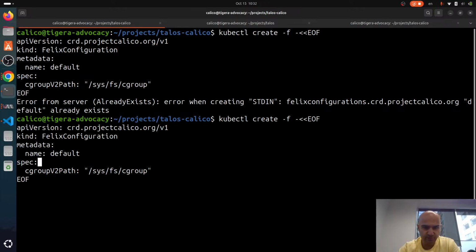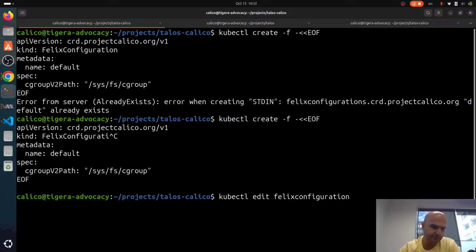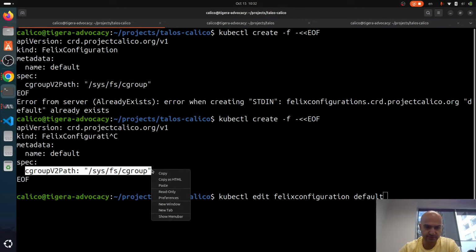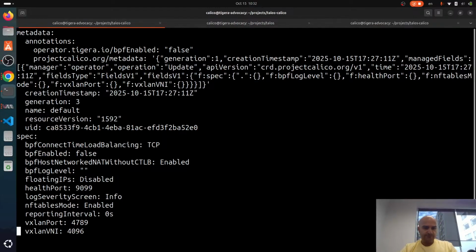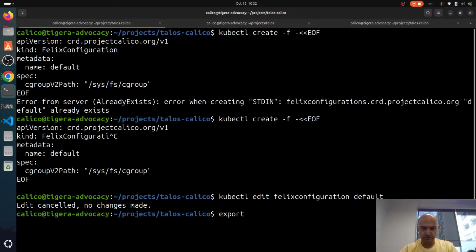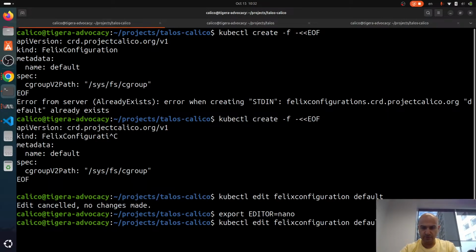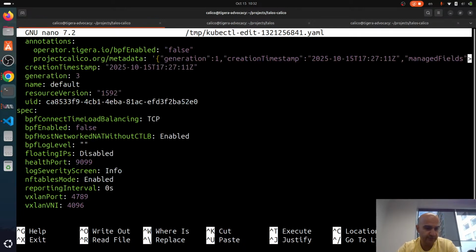Oops, I believe this needs to be a patch. So edit, and we need to patch this file. Okay, so in this file, we are adding a new configuration. Oops, wait a second. I do not like to run old vim, actually old vi for that. All right, so in this file,